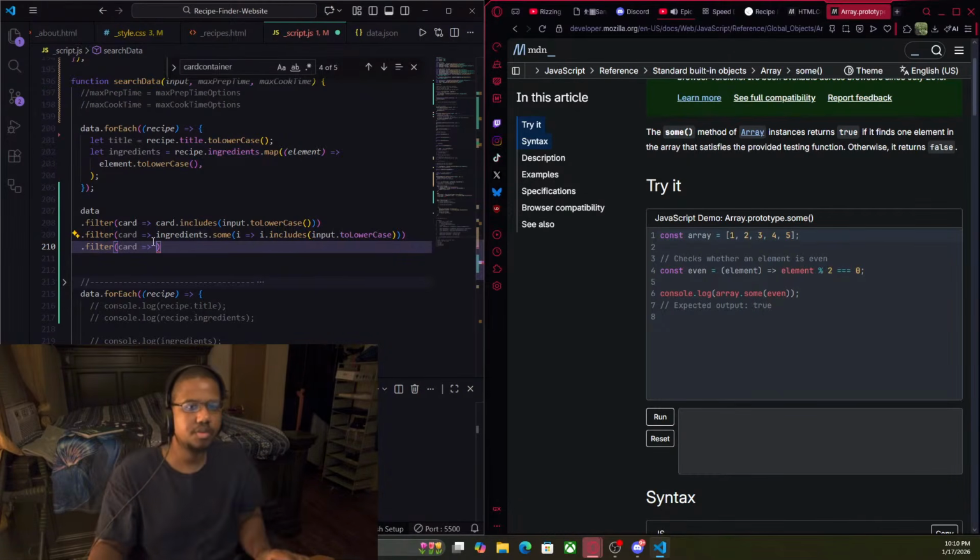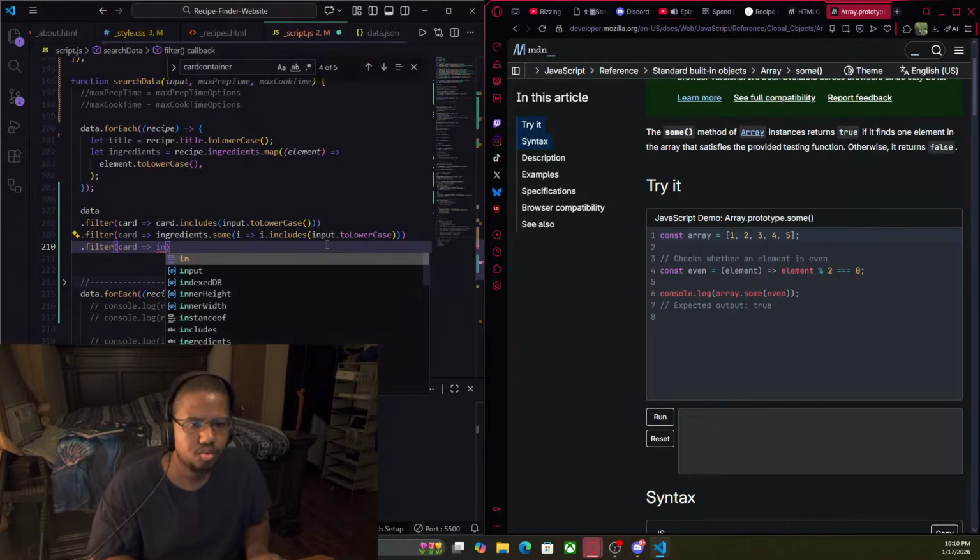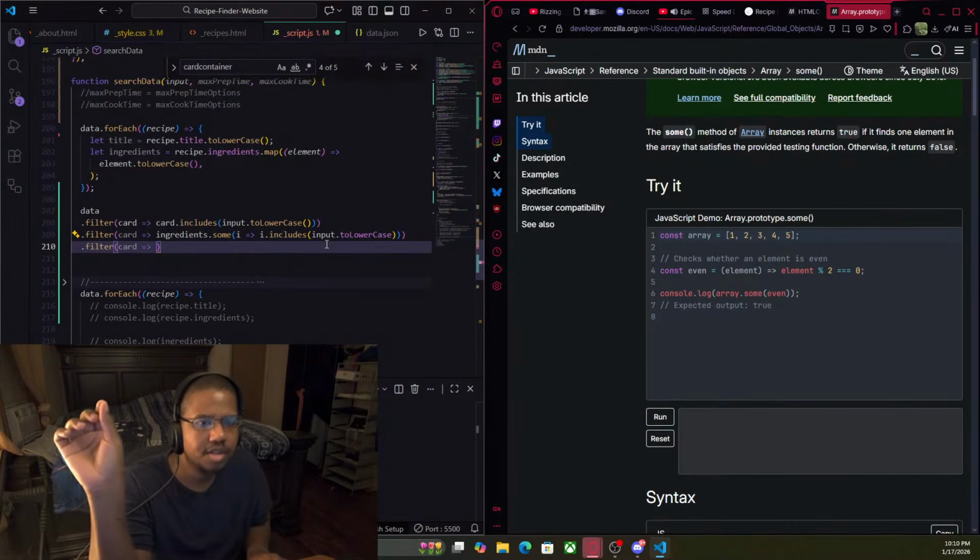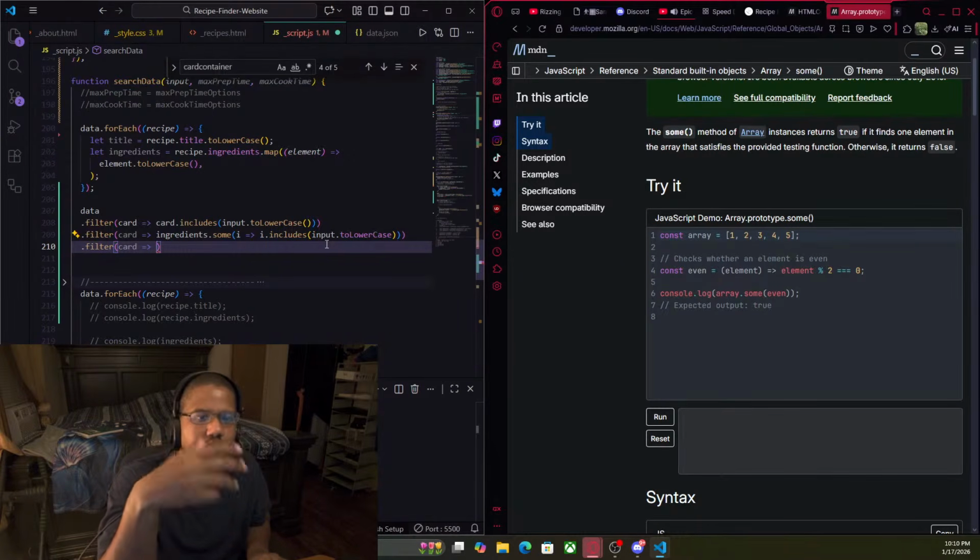And then we do filter card, and so first we filter and we find if it includes the input dot lowercase. Then we filter and find out if the card includes ingredients dot some. Right? Because we're going through each one. Then we determine whether card in let's say if it has